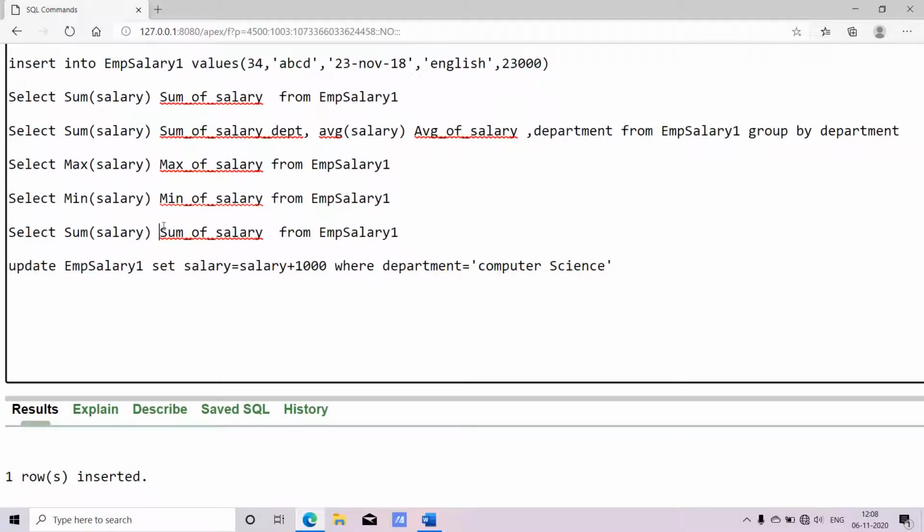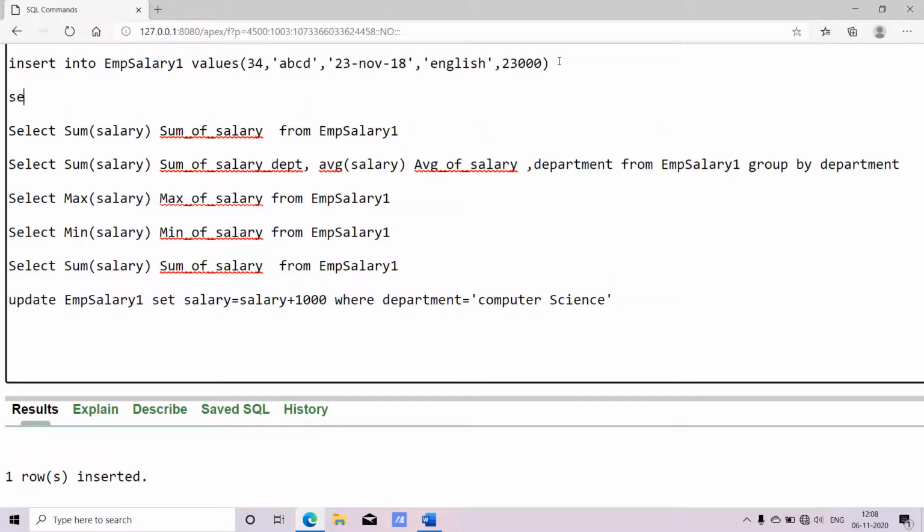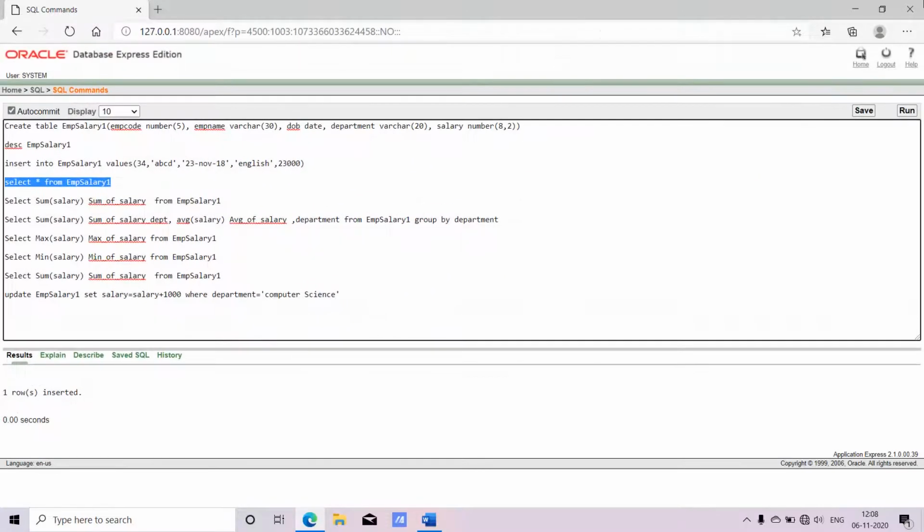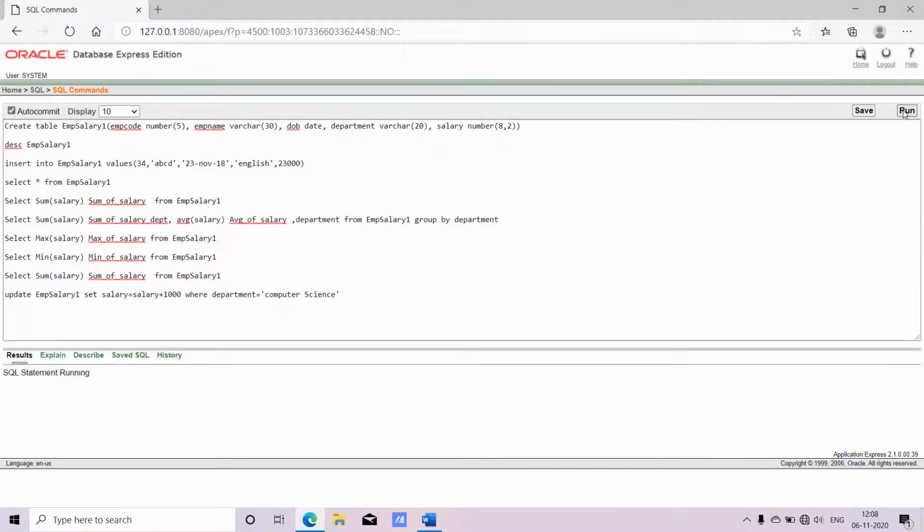If you want to check the values, you can do so by writing select star from the table name, employee salary 1. Once that is done, click on run.